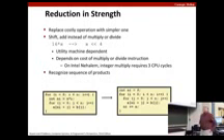Another one we've seen already is when GCC turns a multiplication or division by constants into shifting and adding operations. We've seen examples of that. And a similar one would happen